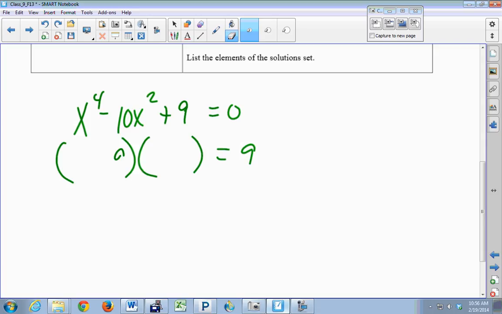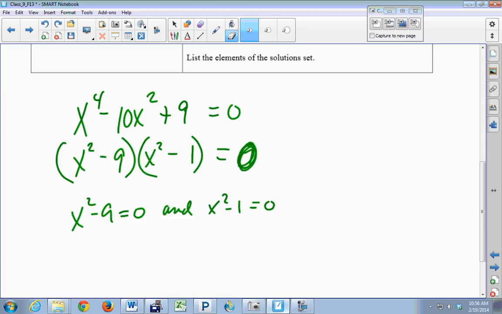I put my 9, my 1, my 2 negatives, and the only difference is instead of it being x minus 9 times x minus 1, what's the value of my first term in each binomial factor? That's a mouthful. X squared, right. That's the only difference. Oops, there should be a 0 over here, right? Now I do what I've always done. The only difference is instead of each factor that you set equal to 0 being a baby linear equation, it's going to be quadratic. So I have x squared minus 9 equals 0, and I have x squared minus 1